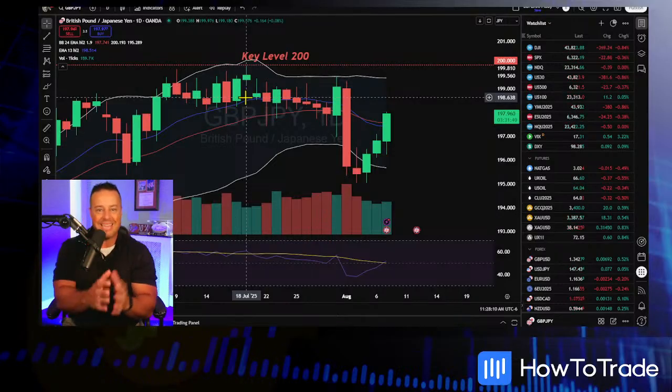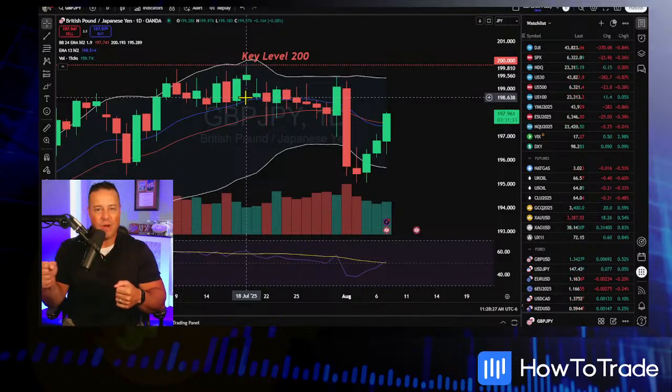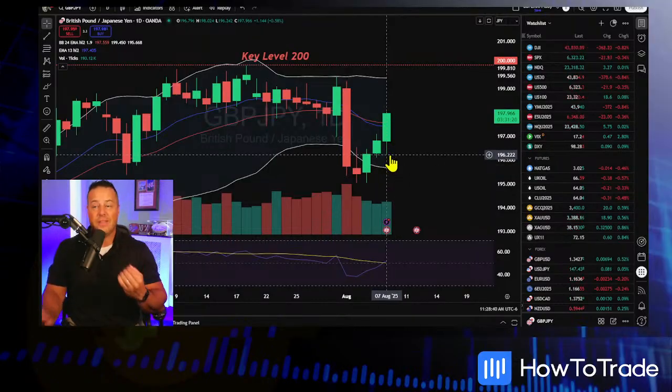Now, when we see things like that, we understand, okay, is that going to be the absolute top of the market? I don't believe so. And the reason why is typically a key number is like a magnet. Think of it like a magnet. What it's going to do is attract interest. And that key level sent in a lot of sellers. Now, are the sellers done? Have they won the day? Well, it doesn't look like it, because right now, after that interest rate decision and all the verbiage, you're seeing the guppy really rally.